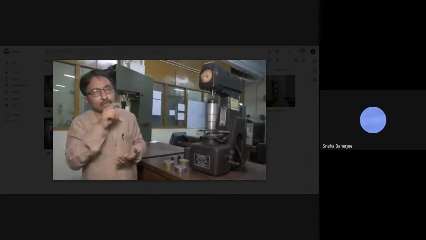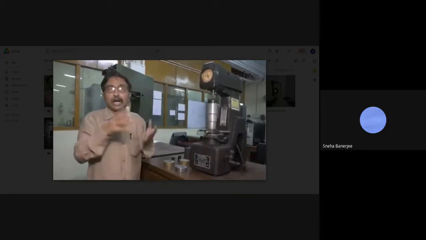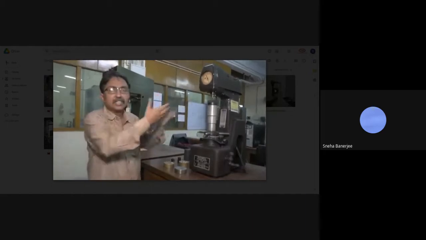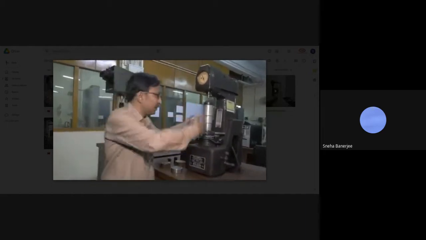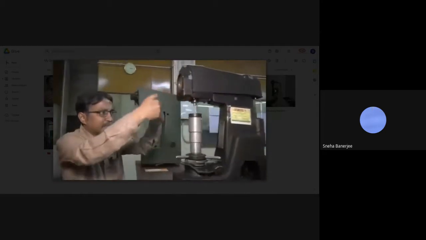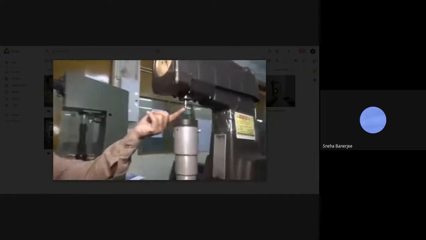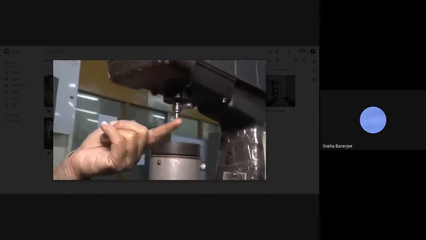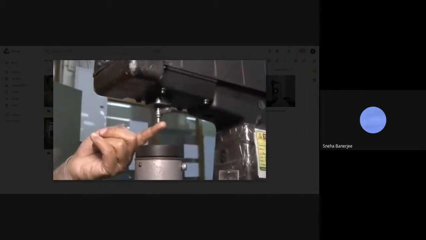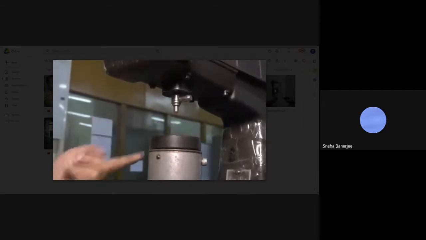Along with that, we should also remember we are going to put a load. How much is the load? 100 kg. We cannot see anything here which is 100 kg. If we go to the back side of the machine, we will find some hanging weight. We are putting a hanging weight on that side so that the effect comes on the front side. I am putting my finger at the tip of that penetrator. Here you can feel that there is a hardened steel ball. So we are putting the load from behind. We have a lever arrangement here so that the load comes here, and this penetrator, if I put the sample here,